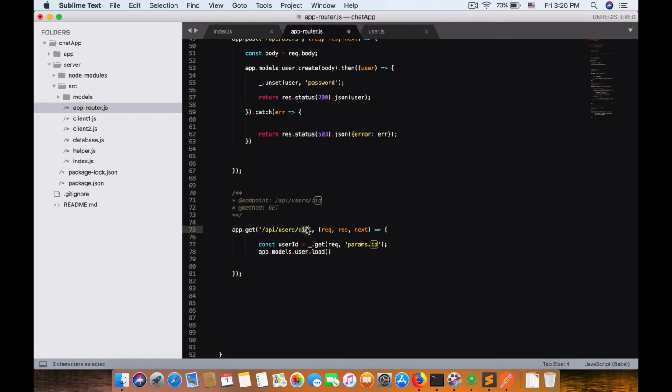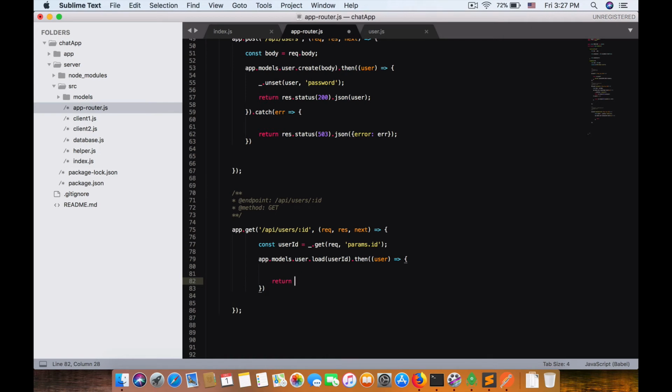If you change param to name, here we can get by name. But in this case it's with user ID, so alright, this ID. And call the user model and load user ID. And then we also get then user, alright,